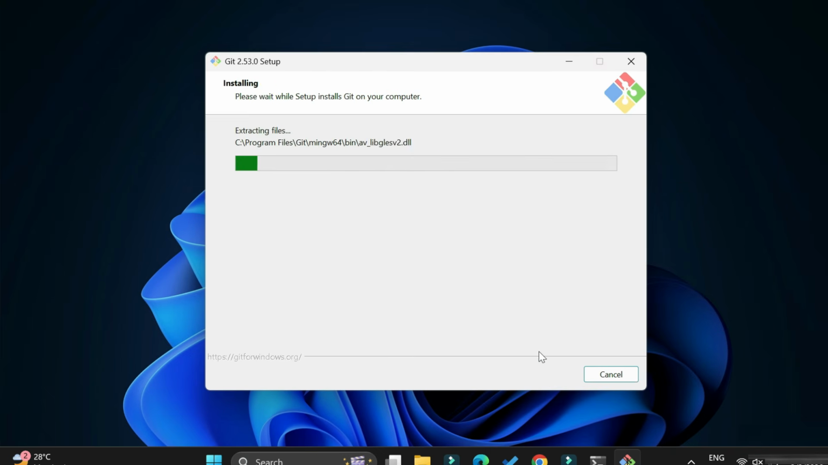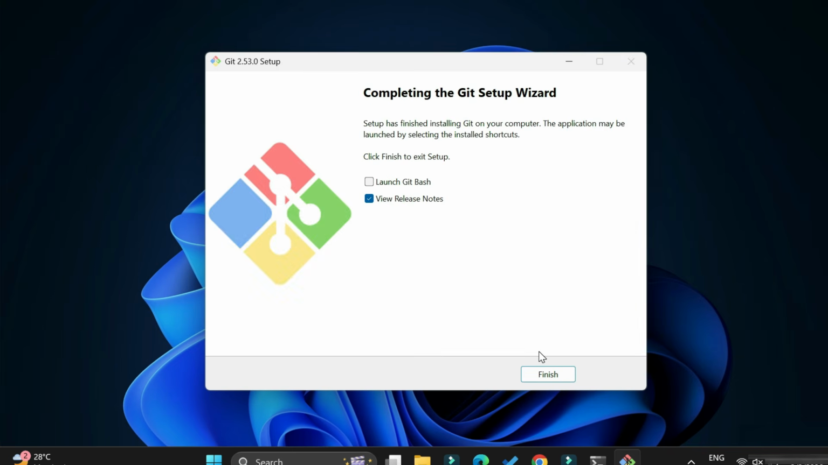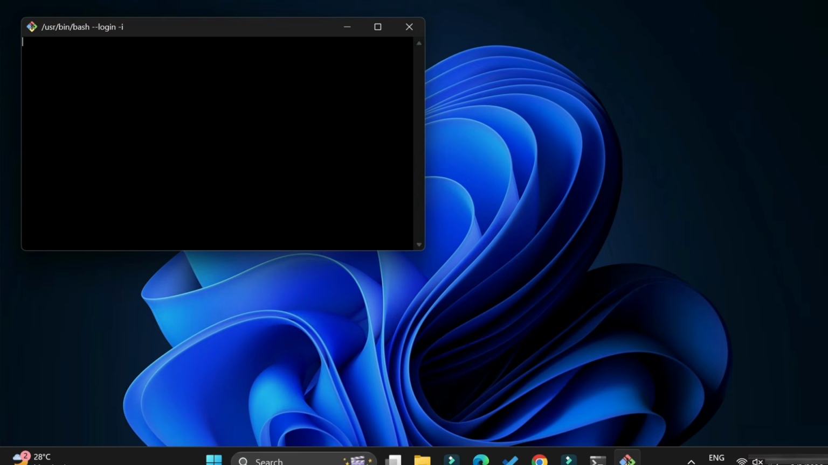Okay, so now here you can see it's showing me Git bash installation is done, and we have two options, readme file and launch the Git bash. So I'm just unchecking readme file and I'm just launching Git bash. Git bash is started, so I'm simply going to close this, and now I'm going to PowerShell again,